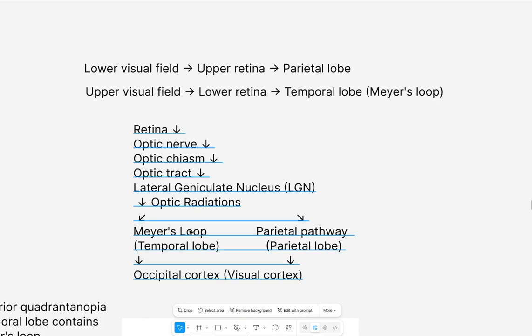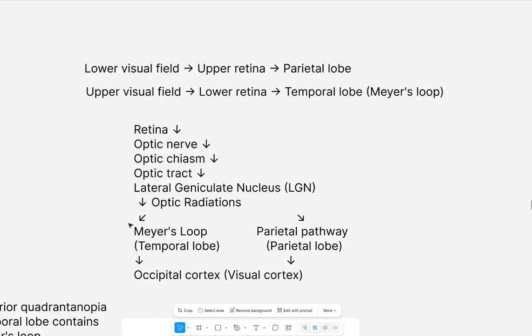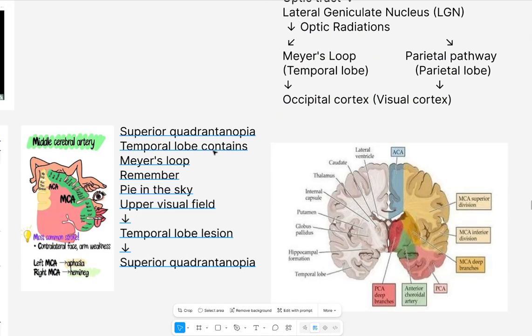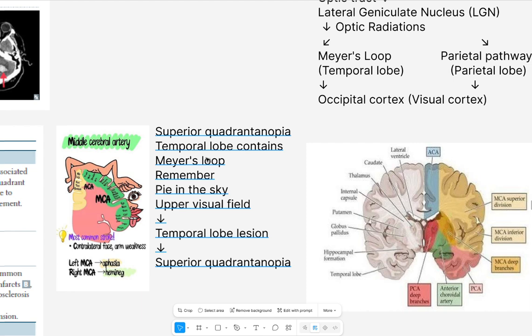So they split into the Meyer's loop, which is the temporal loop containing the upper visual field, and the parietal pathway, the parietal lobe, which contains the lower visual field, right? And then they go to the occipital cortex, the visual cortex. Now, for example, in a middle cerebral artery stroke, the temporal lobe radiations will be lost. That's why you get something known as superior quadrantanopia, because the temporal lobe contains Meyer's loop. Remember, pie in the sky, upper visual field: the temporal lobe visual area is lost, and that's why you get